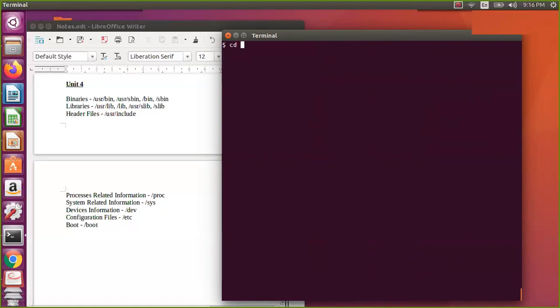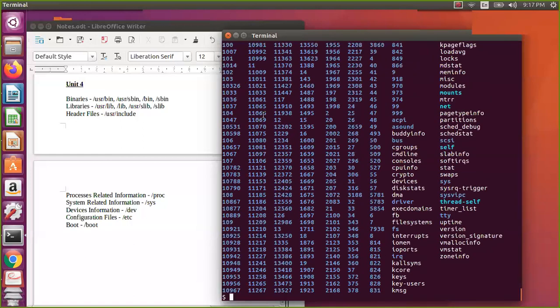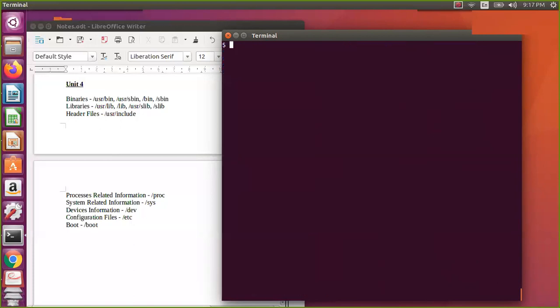So now let us go check in the proc file. We will be in our home directory. Now ls -l, if you see here, in my case this many processes are there. These are the currently running processes. If a process is already done, then you don't have that particular one. If you see here, there are certain gaps. After 12,359, there is now 360 because it exited. So it will give only the information of currently running processes. We will see more information on this in the upcoming units.